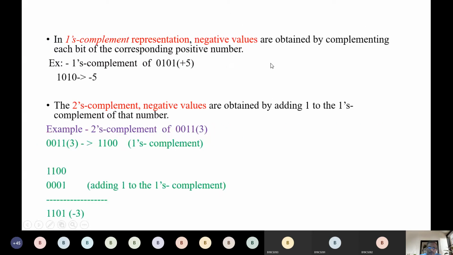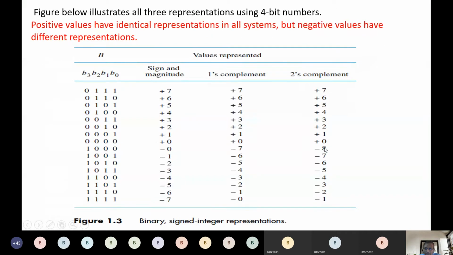The same thing happens here. You can see with the 2's complement, we represent all the numbers from minus 8 to plus 7. All the negative numbers are represented, and after 0 you can represent all the positive numbers. When you sort all these numbers in increasing order, they run from minus 8 to plus 7, all represented with 4-bit 2's complement.